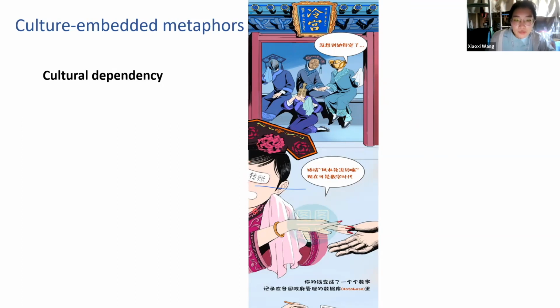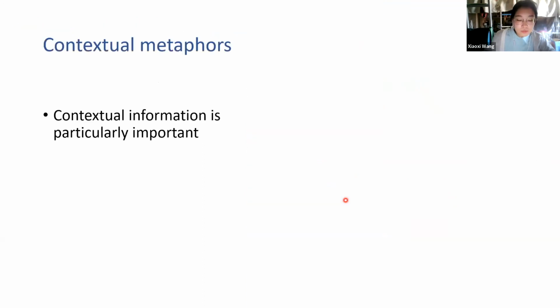And well, the transfer, a new way for us to pay our bills, is compared to the concubine who is in favor with the emperor. So here the metaphor is currency is imperial concubine. And if you don't have that cultural knowledge, you may not understand this metaphor, and you may not understand what this artist is going to talk about. And the last one is contextual metaphor.